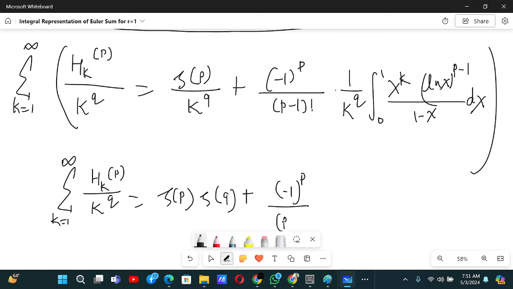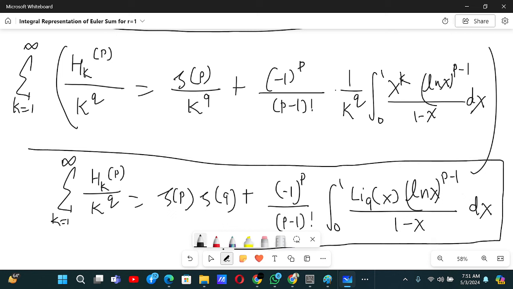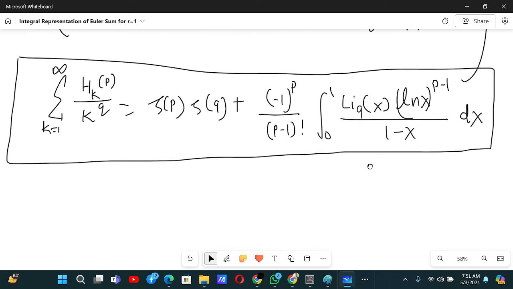Yes, so we have the integral from 0 to 1 of Li_q(x) ln of x to the power p minus 1, by 1 minus x, dx. So finally we have our required integral representation,